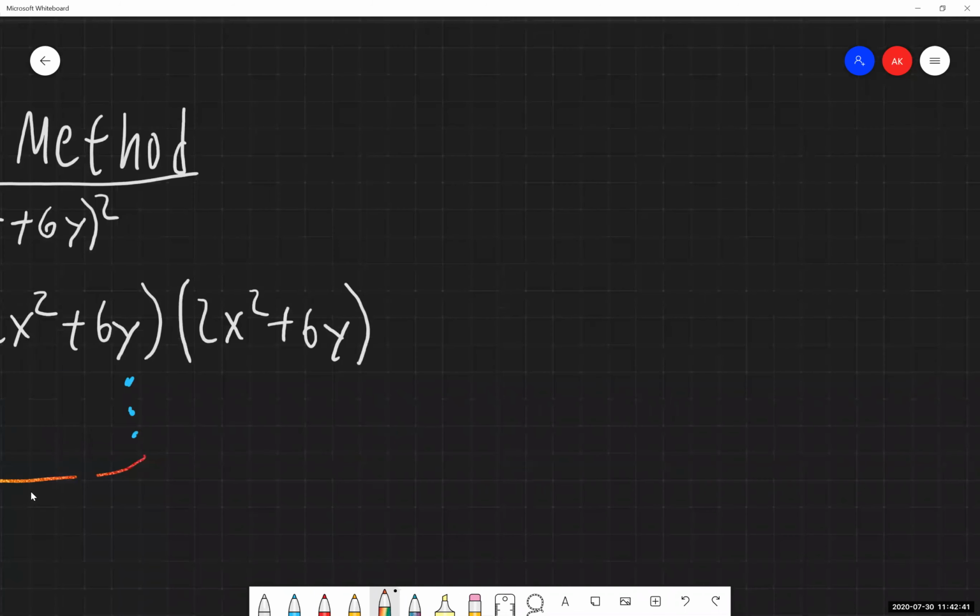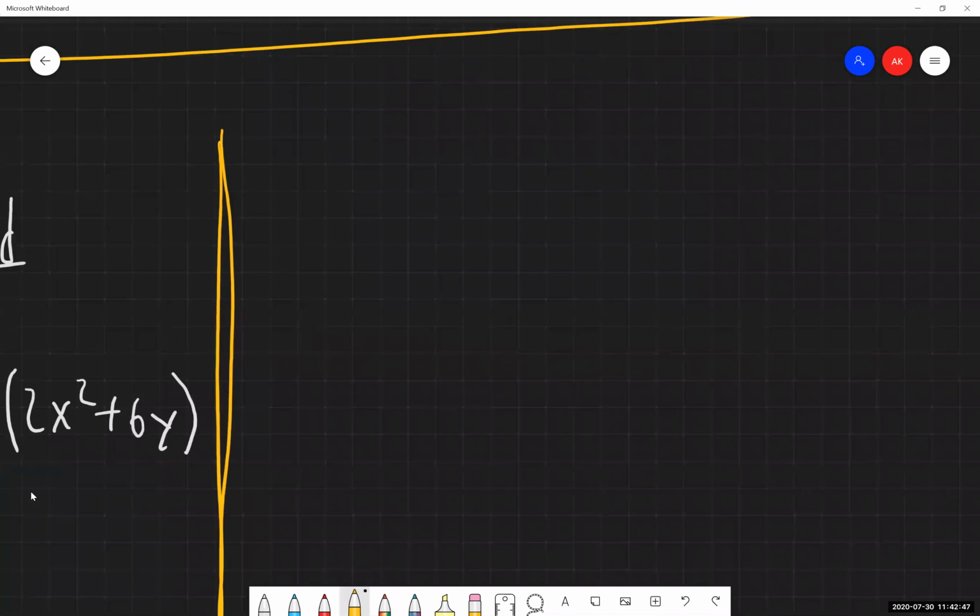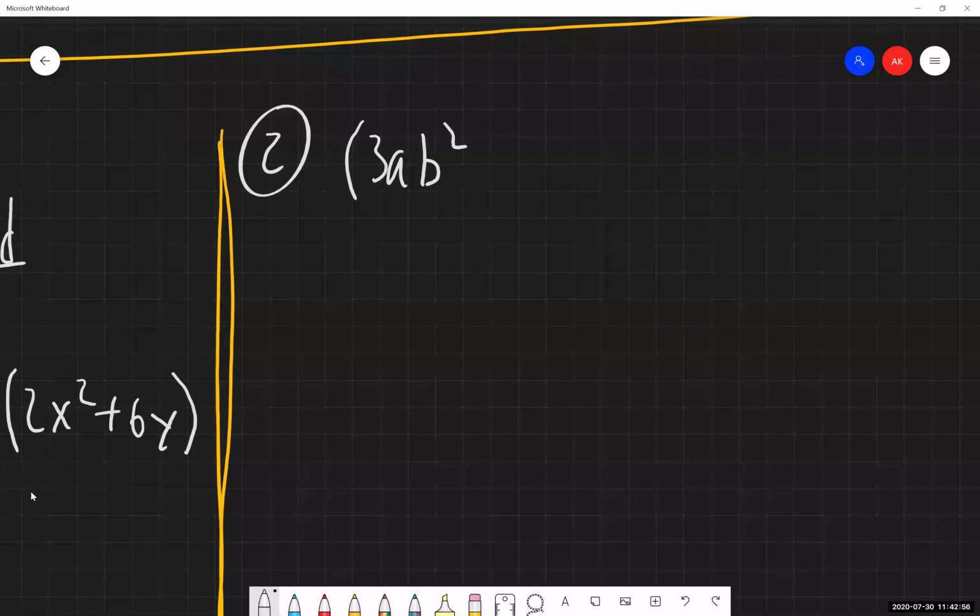So looking at our second example where we have the square of a difference, we are starting with 3ab squared minus 5 all to the second power. Because we have a's and b's in this particular problem, you can think of it as the first term and the second term, by comparison to how we had our original equation written out on our notes. So I need to identify what is the first term, what is the second term.